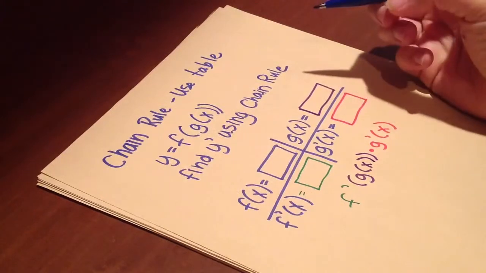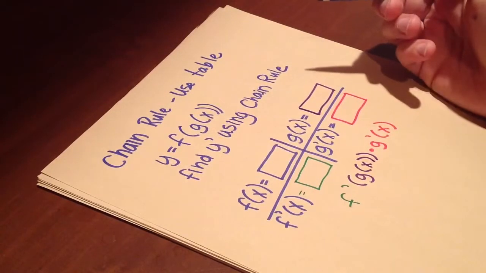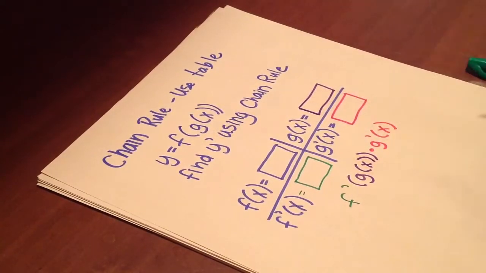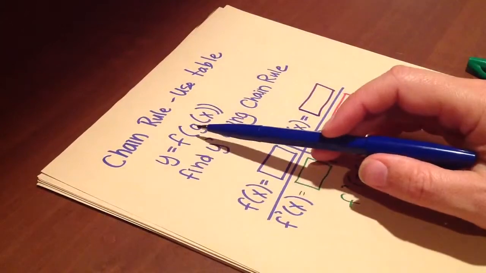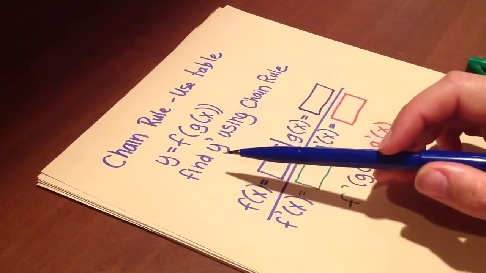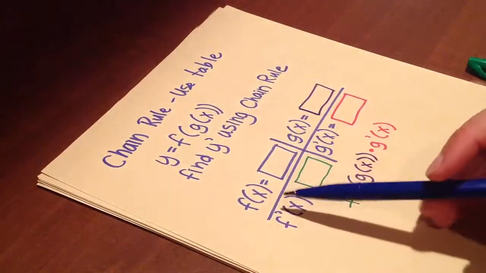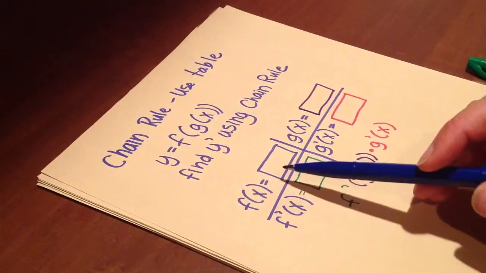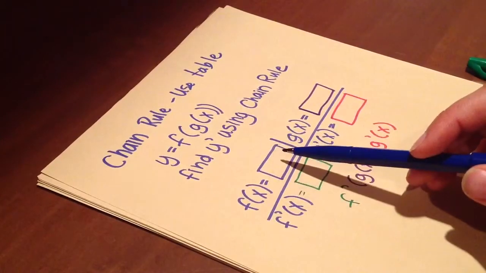Okay, so this is going to be another alternative way to do the chain rule. It's just a way of organizing the thoughts in your mind and creating a table. We're still going to be taking a function, it's a composition, and we're going to be finding the first derivative. So let's say we have a function, and it can be anything, f of x, and g of x